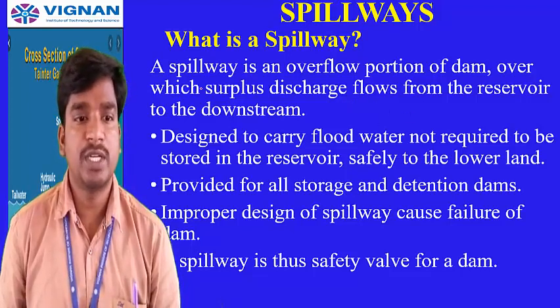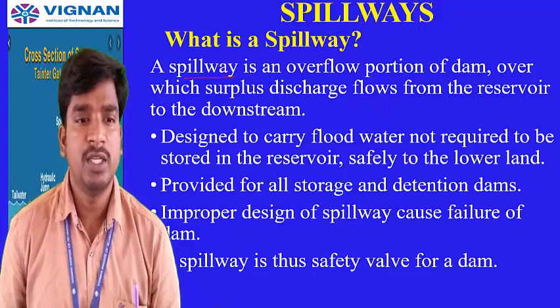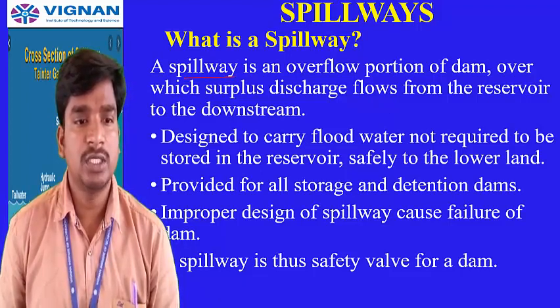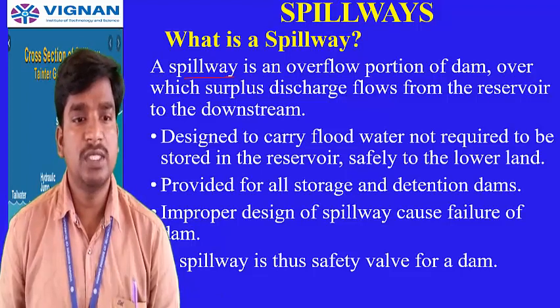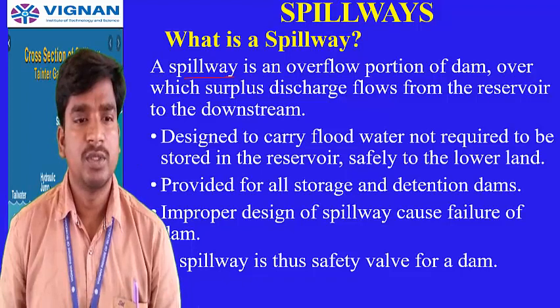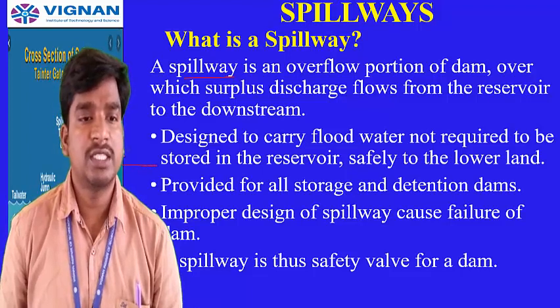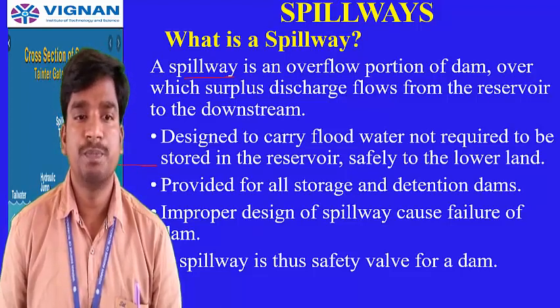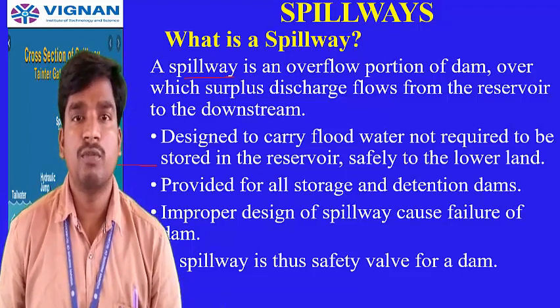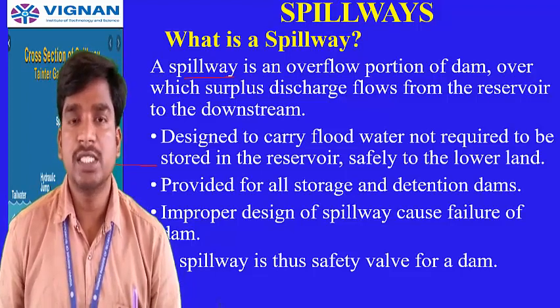Here in the picture you can see a spillway. This is the crest of the spillway and the water is flowing like this. Let us assume this is your spillway water level. Whenever there is an excess amount of water in this free board, this water will be overflowing whenever the gates are opened like this. Water will flow away over the spillway. This is an example of one type of spillway, the Hughes spillway.